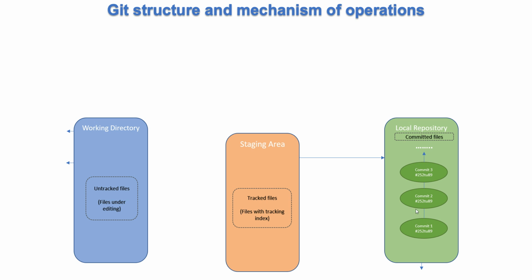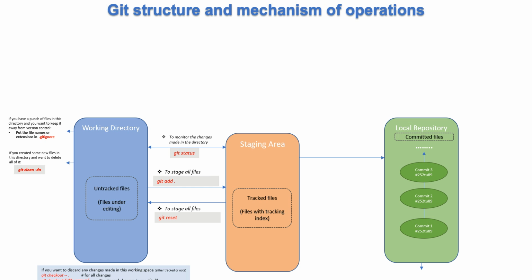And you can see that the commits are arranged in a cascaded manner, as you can see here in this level. Okay, so first we will initiate version control, or initiate Git, inside our folder, and